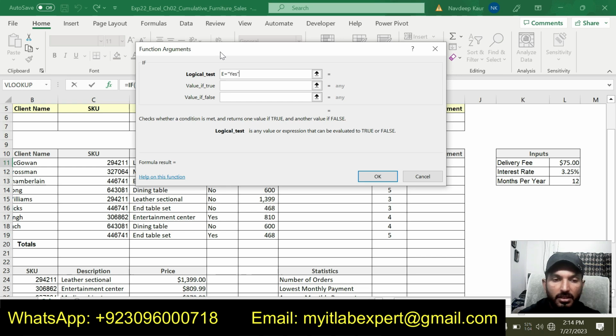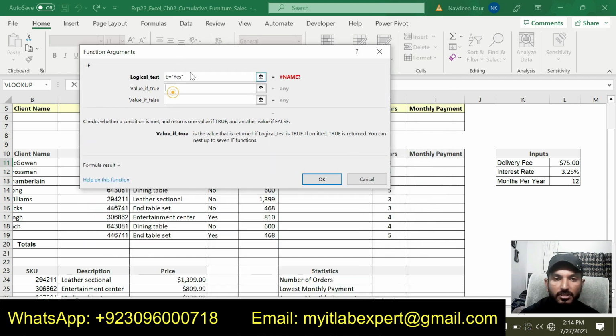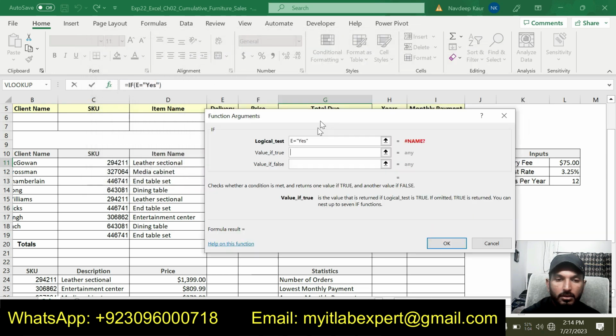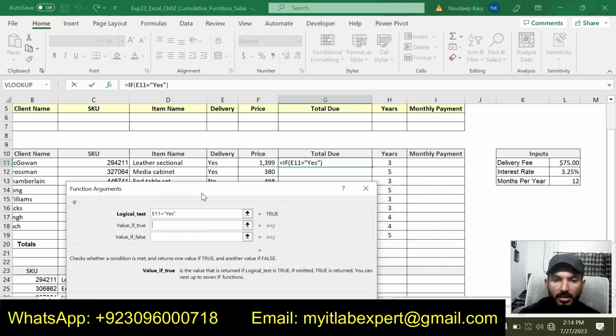That means if the customer is taking their delivery, then the price will be, sorry, if E11 is equal to yes, then the price will be the base price, that is F11, plus the additional charges, that is L11.